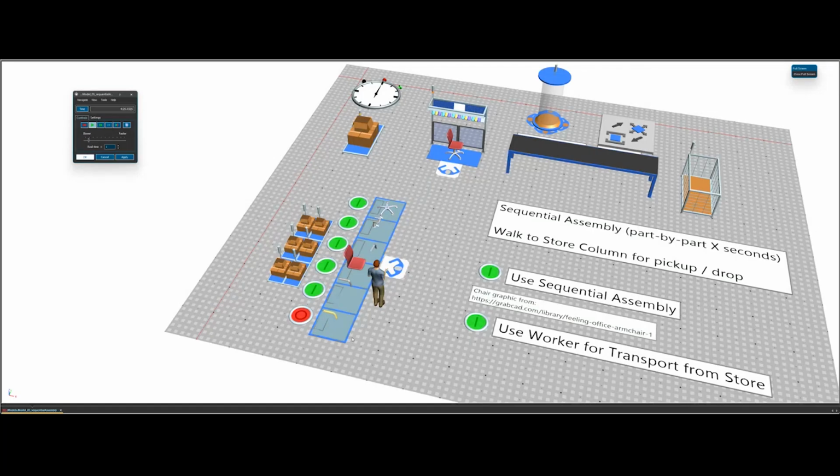Again, you would have been able to do this in previous versions, but it would have been quite a bit of work or using additional objects. And now this is very easy to activate, to have some more realistic behavior of the workers.